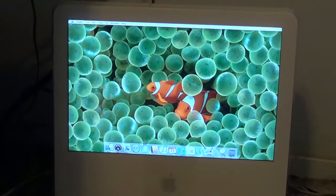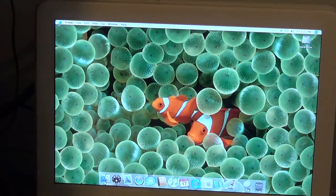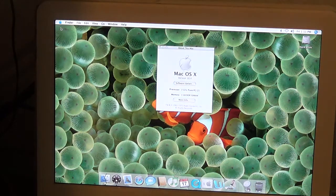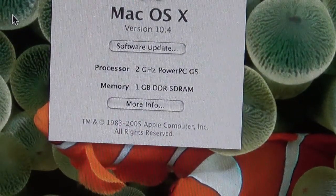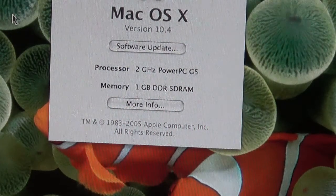Zoom in. It did have just a plain red background. I thought that was very boring, so I changed it. Let's see, there's the specs on it. It's actually one of the better ones. It's a 2 gigahertz G5, 1 gigabyte of RAM. It's probably expandable to like 2 gigabytes, I could be wrong, but